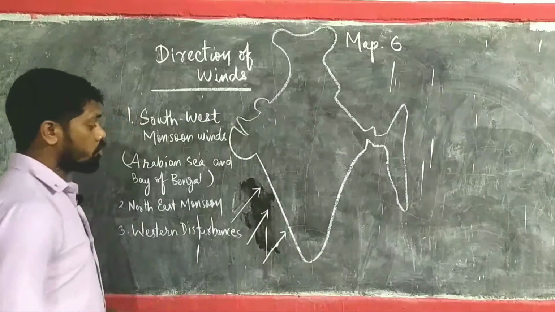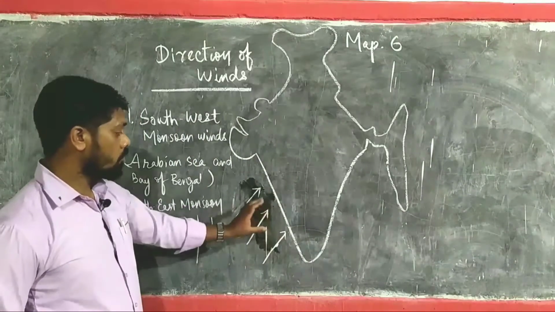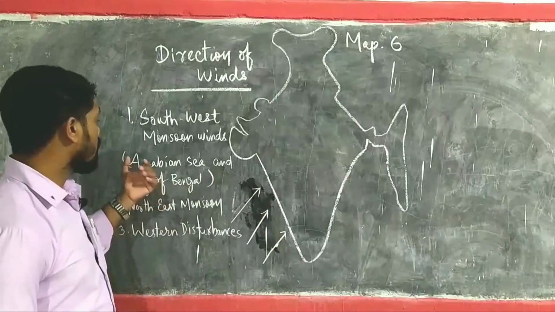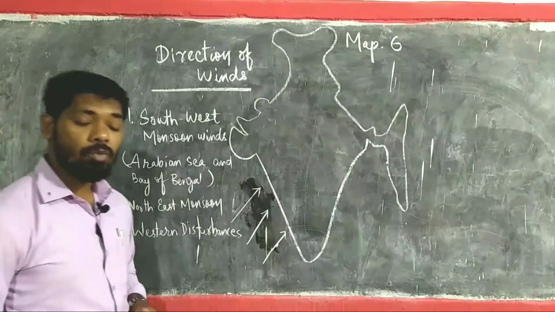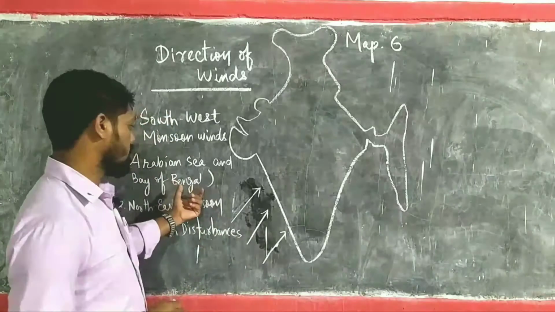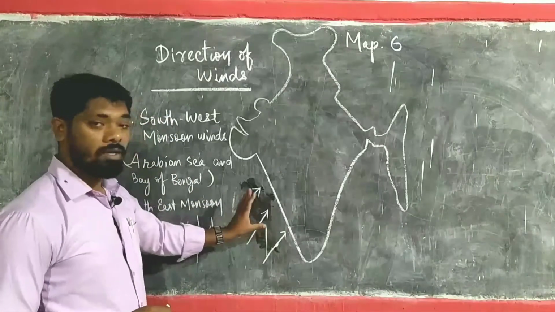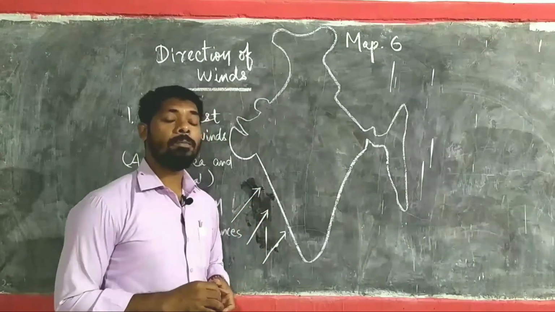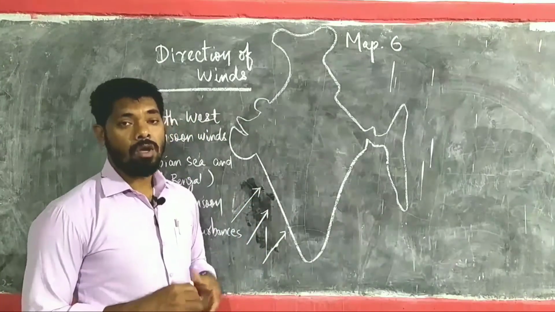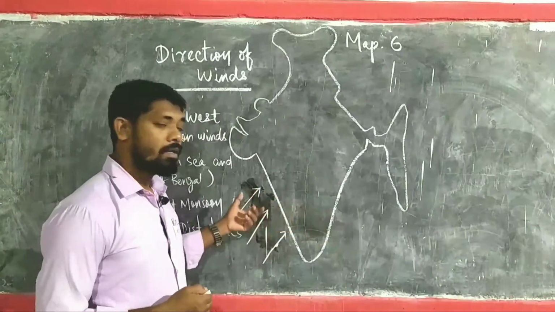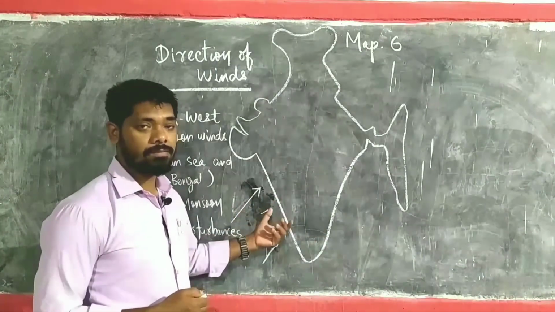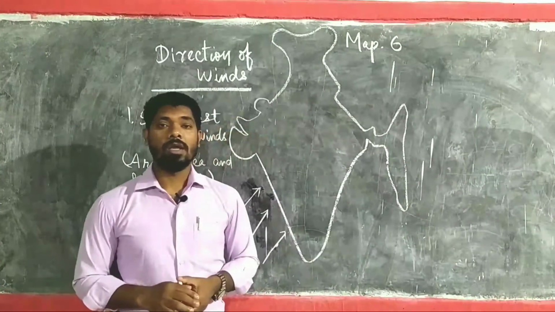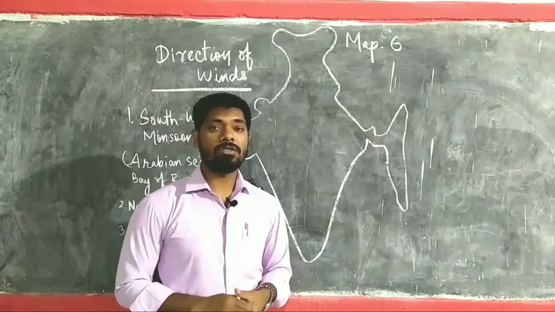This should not join or touch the land, as the question may be asked, draw or label southwest monsoon on the Arabian Sea. So it should be drawn on the Arabian Sea, right? You should not draw it there if it is asked to draw the southwest monsoon on the Bay of Bengal. So it should not be drawn on the Arabian Sea, right? So likewise, tricky questions will be asked in board examinations, and according to how you understand the questions, you need